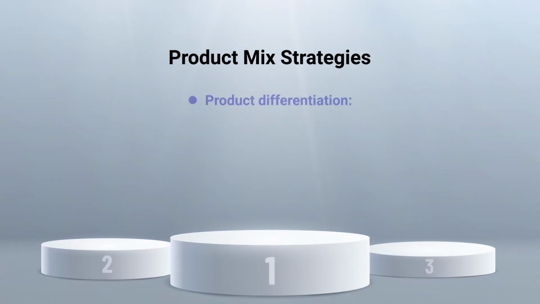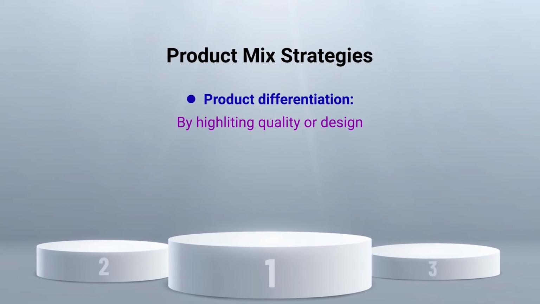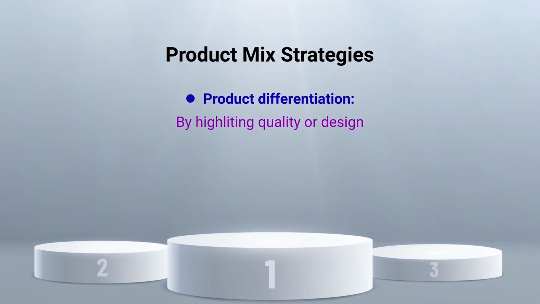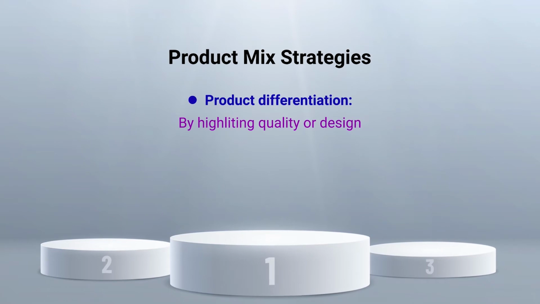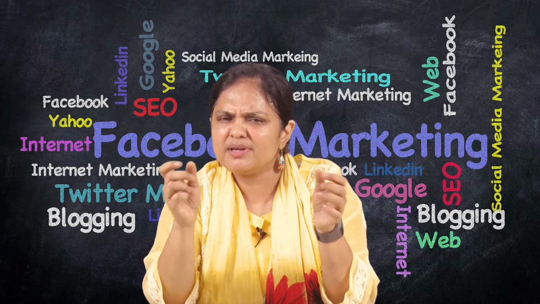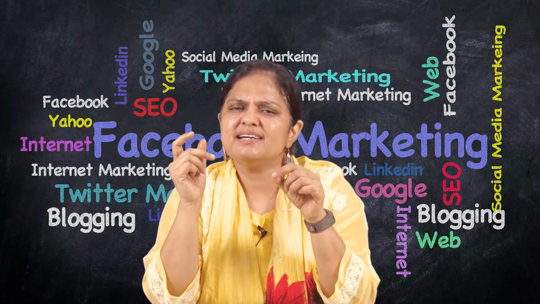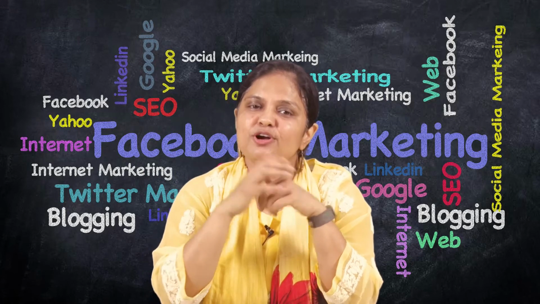The other is product differentiation. Product differentiation means we are offering the same, or maybe a product line is such that various other competitors are also offering the same product line in the market. So to create a niche, to position yourself more in the market, as a company you want to differentiate your product from the competitors already there, which is called product differentiation. It is not entirely a new product, but just by making some differences, maybe a little change in the quality, the design, or the packaging, you are trying to create some kind of differentiation. So that is called product differentiation.